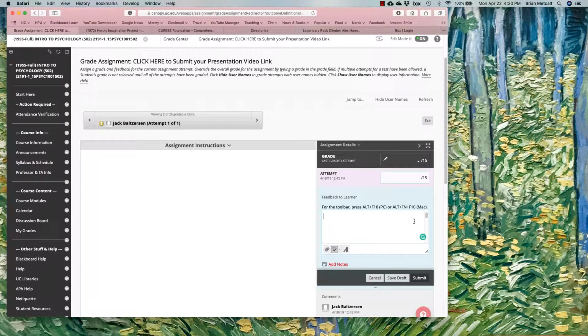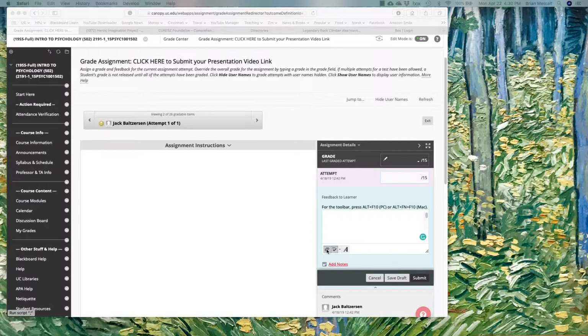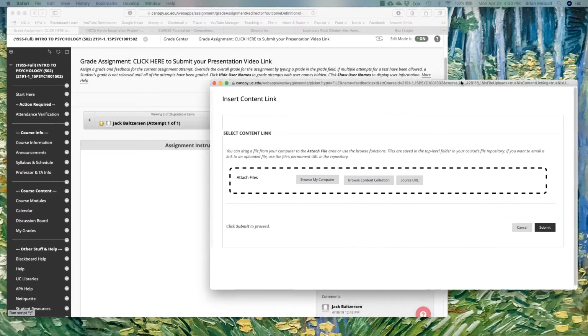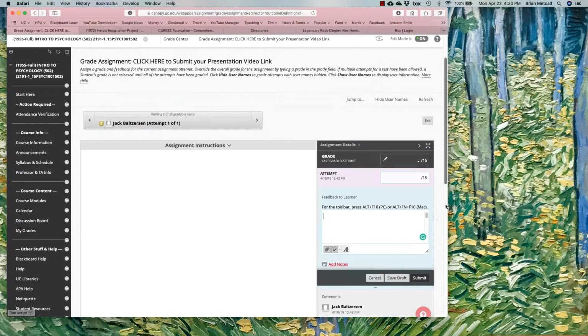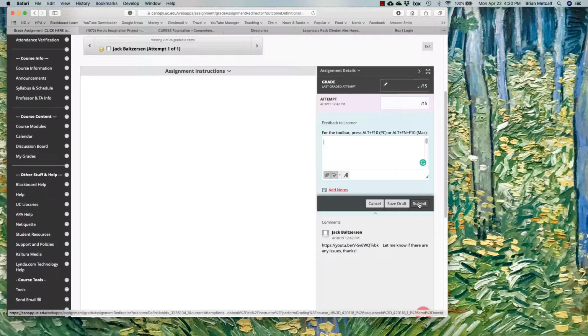So you've completed the rubric, saved it in a file perhaps with their name, and you can attach a file by clicking on the little paperclip symbol here, and this window will pop up, and you browse through to where it's stored on your computer, select the file and upload it. Then you'll see a link appearing inside of your comments box. And then you're done, and you can hit submit, and Blackboard will take you to the next student that